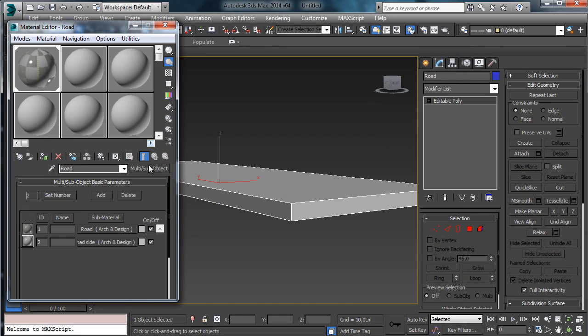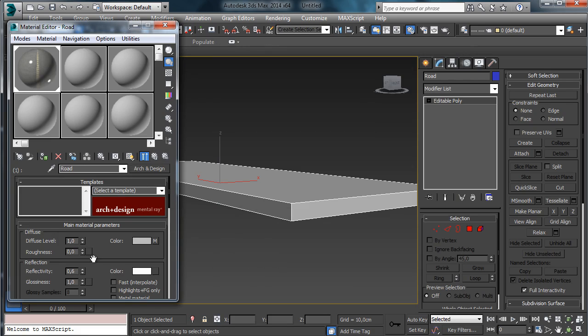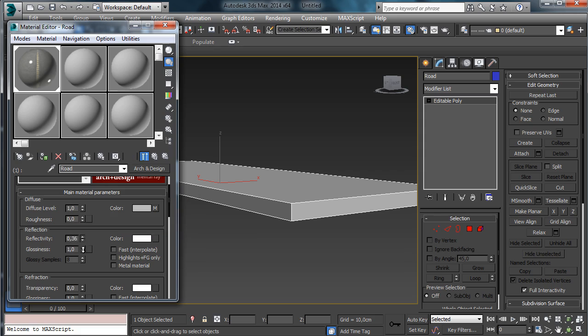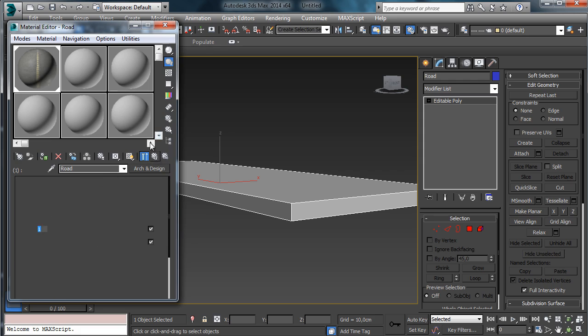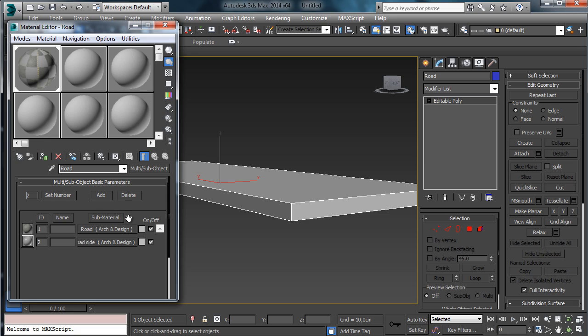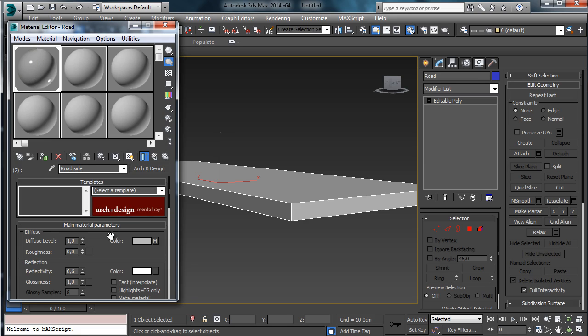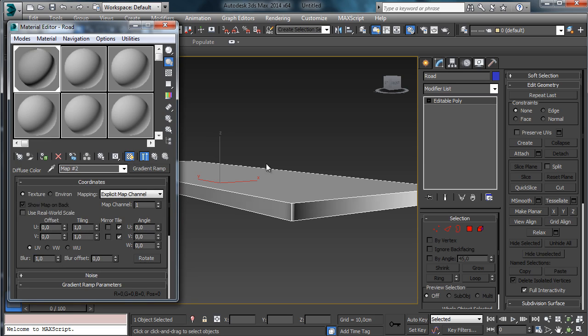But before we have to go to check something there, we have the reflection. We need a really low reflectivity with a really low glossiness. Okay, the material is really simple. I'm not taking care about it actually. We'll have no reflectivity on the side, and this map,